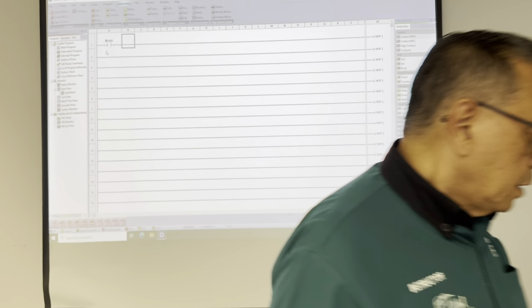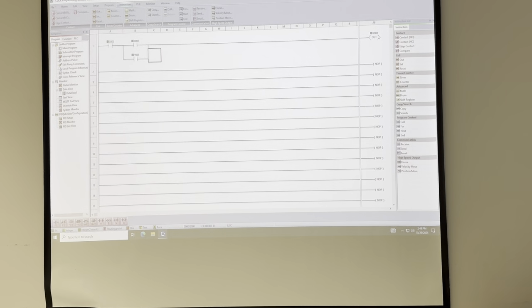So, the logic is the following. When I push down X001, Y001 will be activated, or through, logic 1. When this is closed, this contact will be closed as well. Even though I release X001, this will latch and will hold the connection between the left side in which I have my power and the right side in which I have my neutral. If we compare this with the electrical ladder diagram. Now I click on PLC, write the project into the PLC,